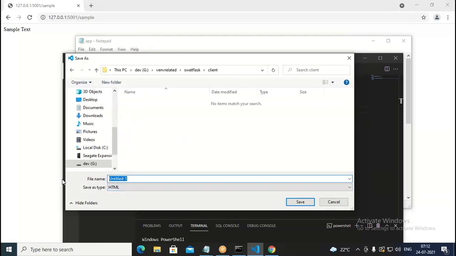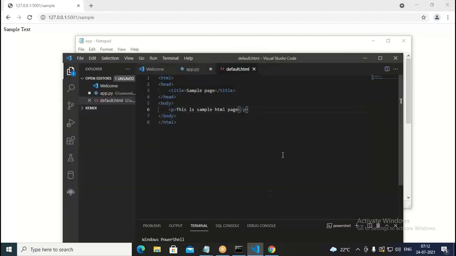So this one I say as default.html. Default.html, save this. Now the file is available for us. If you look at the code,